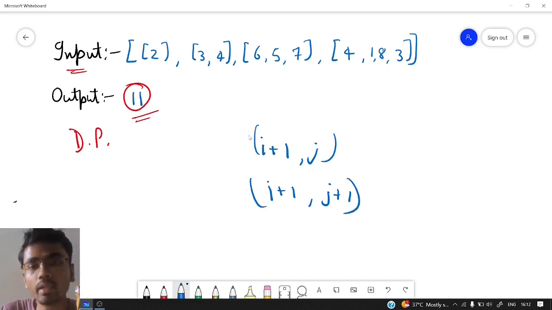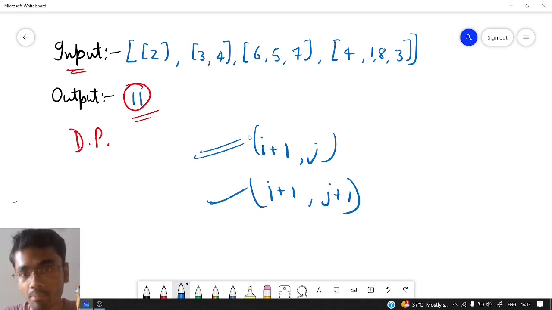So this will be the transition, because what a transition tells is how we will traverse our matrix or our triangle. So this was it about the transition and states of the DP. Let us understand it in a deeper way in code now. So let us move to the code.